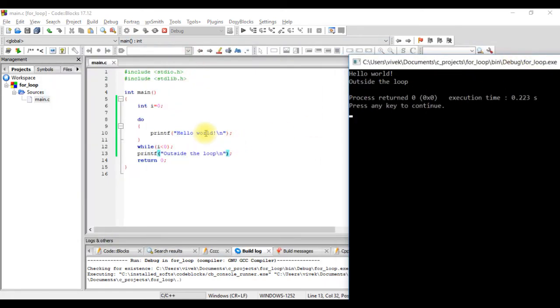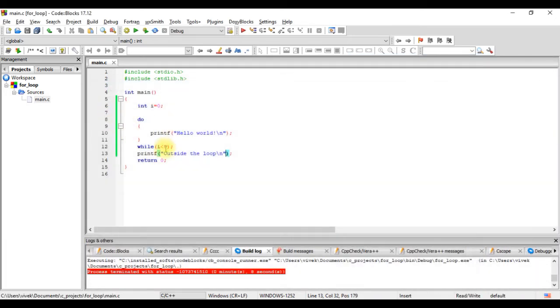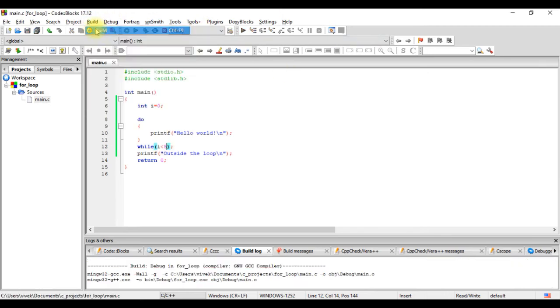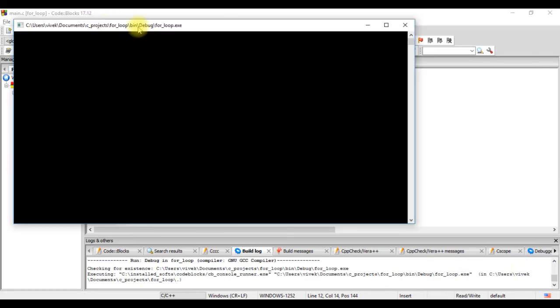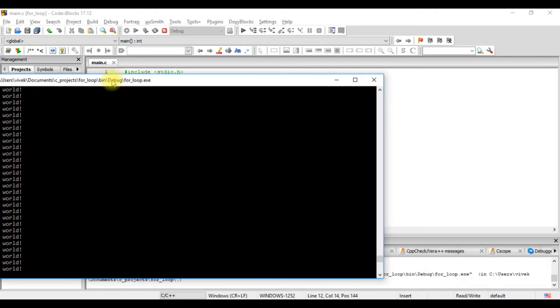So this statement is printed once, it comes out of the loop and it prints this statement. Now let's change this value to, let's say, 5. So we'll run this and see what happens. Again, we are getting an infinite loop because the value of I is not changing.